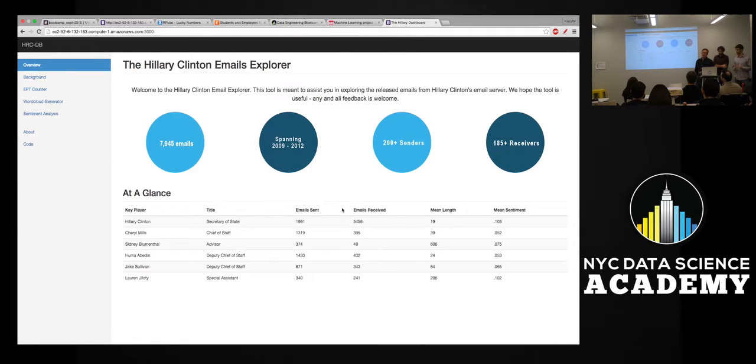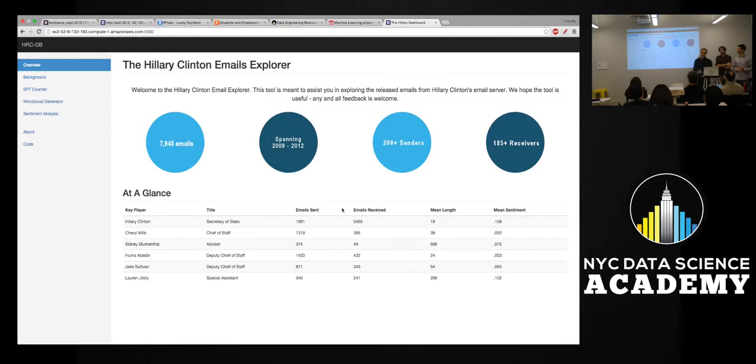One was just a simple word cloud, where you could take a look at the general concentration of words used by the individuals that were most frequently found within the email lists from Hillary's block of email that was released. There was also an email person topic finder, so people could actually select specific email addresses representing people, and then choose a specific topic or set of topics using a keyword in order to find out what was most prevalent.